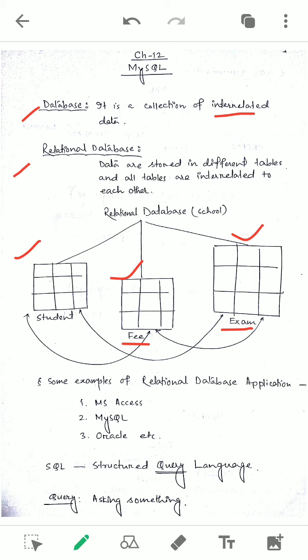Not only about a website, maybe any other standalone software, even a management software if we prepare only for our school without any website, there will also be a database where all the data will be stored in different tables, and these tables are related to each other. When a database contains multiple tables, this is a relational database, and these tables are related to each other. So the definition of the relational database is also given.